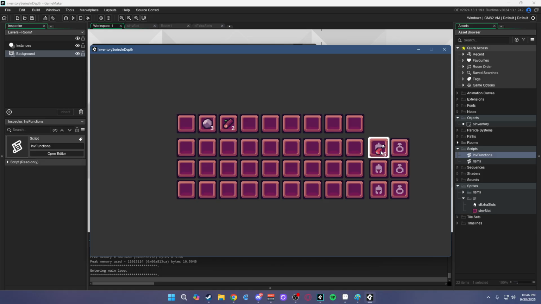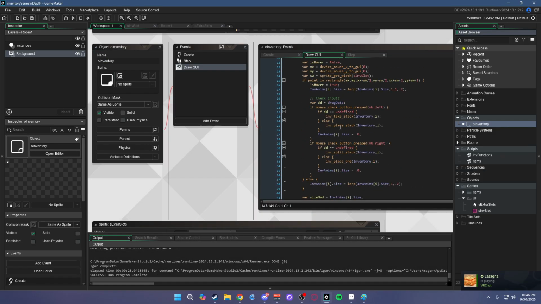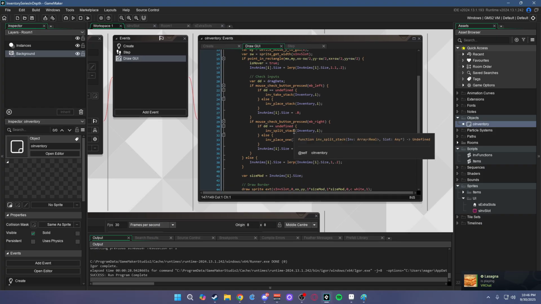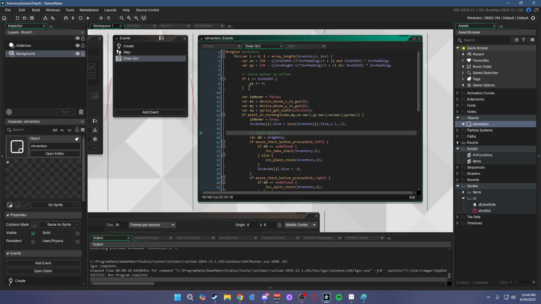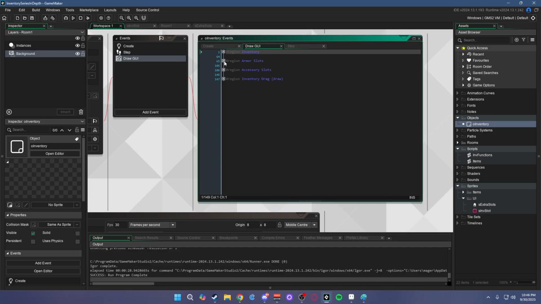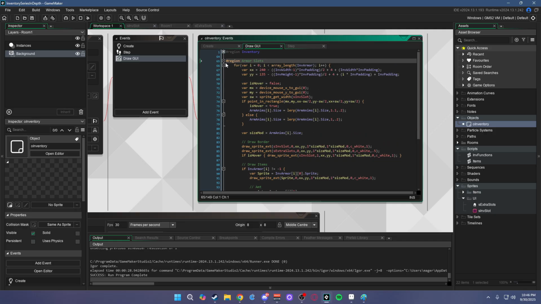Now, if I try to drag it into this slot here, obviously nothing happens. That is because if we go to our inventory here, these check inputs are only on the inventory section. So if we were to just copy this check inputs, and minimize inventory, go to armor slots, and just for